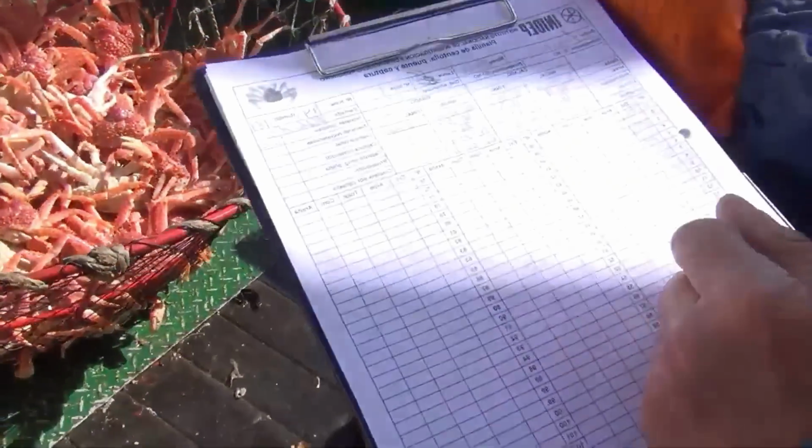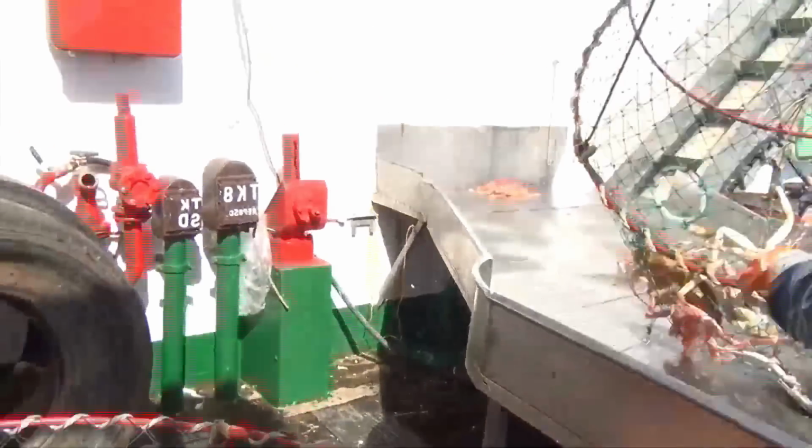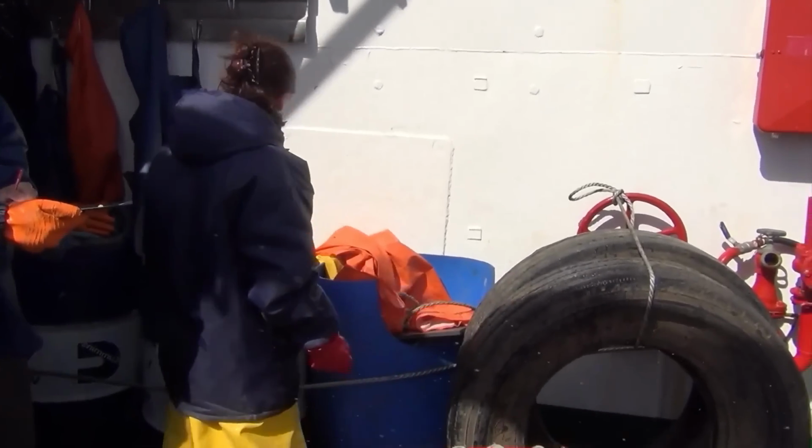The king crab fishing season in Alaska usually takes place in the fall and winter, from October to January. This is a short but